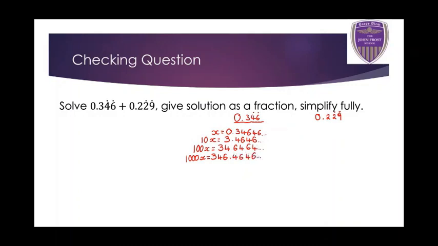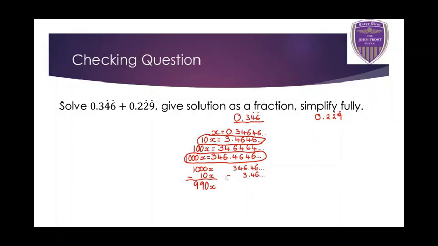And bingo, we're going to be using 10x and 1000x. Okay, so 1000x take away 10x is equal to 990x. 1000x was equal to 346.46 recurring, and we were going to take away